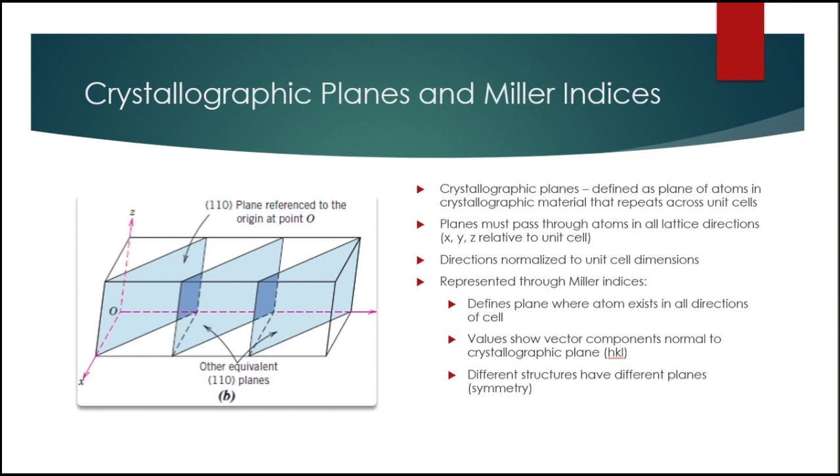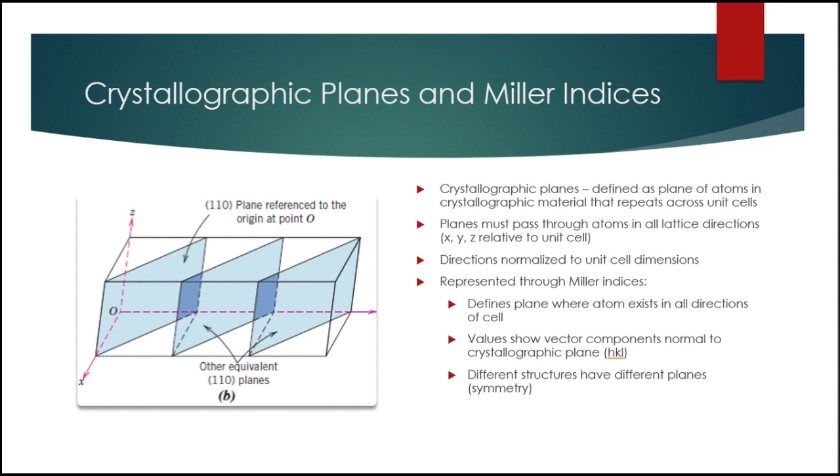For a plane to be defined as valid, it must pass through the atoms in all of the lattice directions. That is, say we define an x, y, z coordinate relative to one of the corners of the crystallographic planes, and then we define the plane along a vector with those coordinates. The direction of the vector is normalized to unit cell dimensions, and they're represented through Miller indices. This defines a plane where the atom exists along all directions of the cell, that is, say x, y, z, which the plane intersects. The values show the vector components normal to the crystallographic plane structure in the format of H, K, and L,